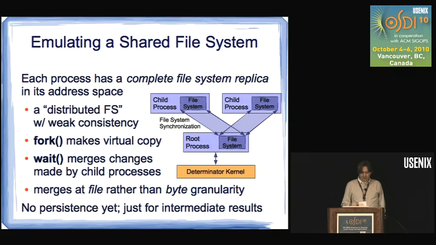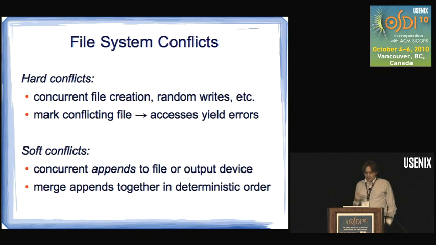And so when you do a fork, it again makes a complete virtual copy of the file system as well as everything else. And on wait, it essentially merges the child's changes to the file system back into the parent's copy of the file system, this time at file rather than byte granularity. The file system detects conflicts at file granularity, and in general these conflicts form what we call hard conflicts, which